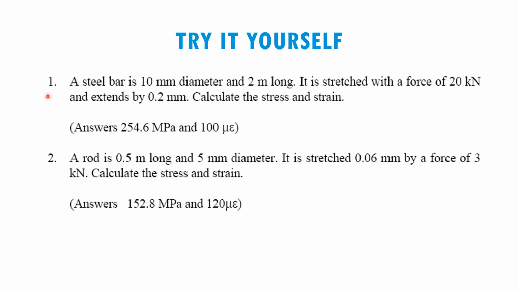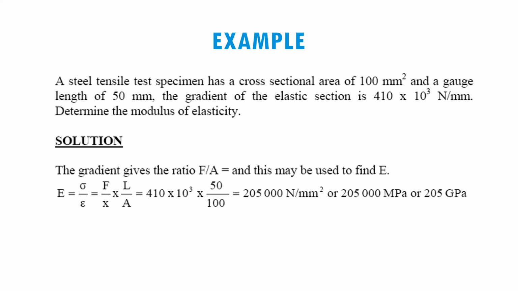So here are some questions that you can try on your own. The answer is already given there, only the steps you have to look into. Now for the next example, a steel tensile test specimen has a cross-sectional area of 100 mm squared and